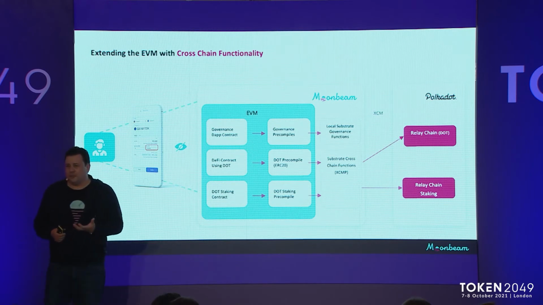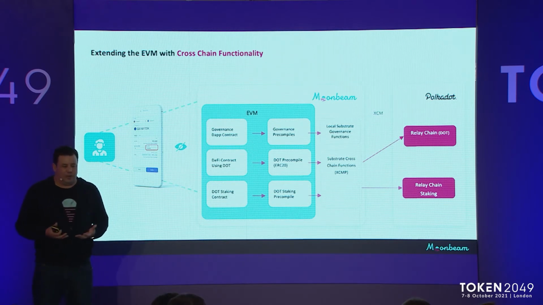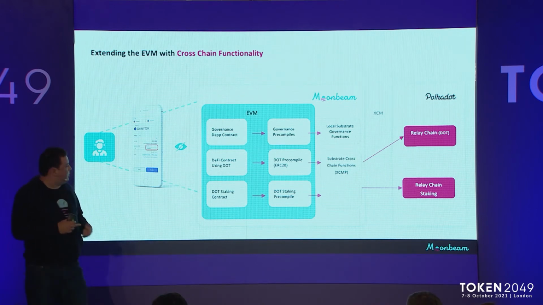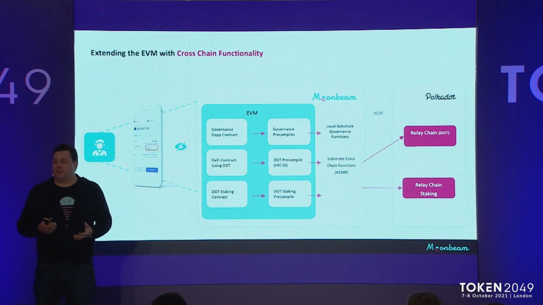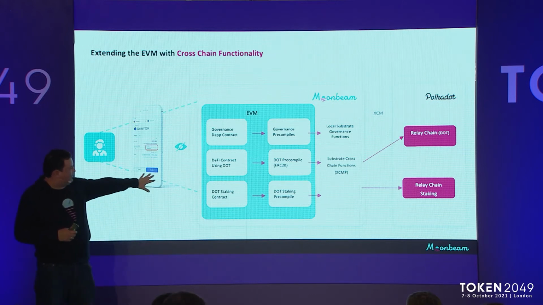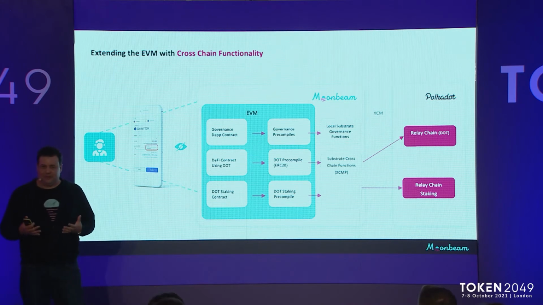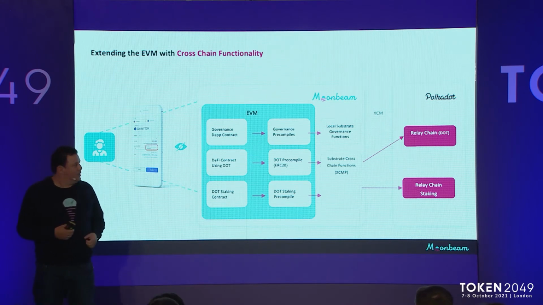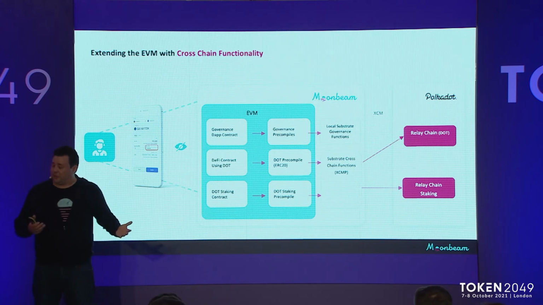So again, our system is built using this Substrate framework. We have advanced functionality on our chain that doesn't exist on Ethereum. So we have things like staking functionality and on-chain governance features. What we've done is allowed Ethereum developers access to these advanced functions via precompiles. These look like smart contracts when you're inside of our EVM, but they're actually accessing these advanced functions that don't exist on Ethereum.